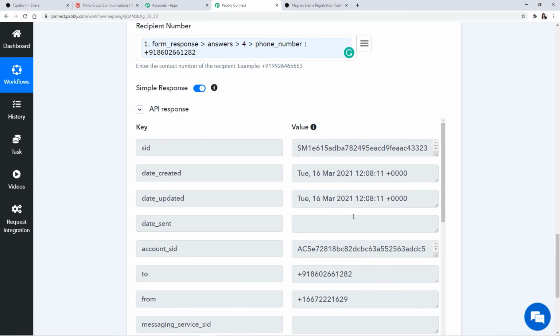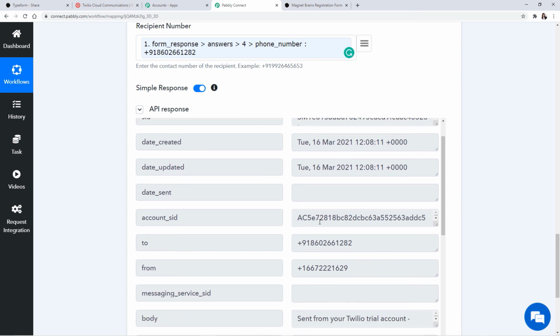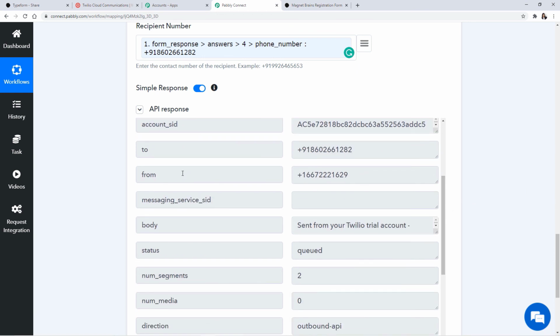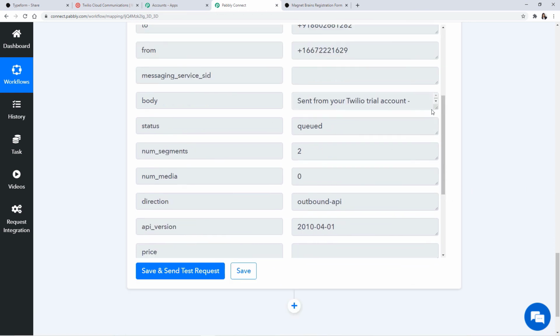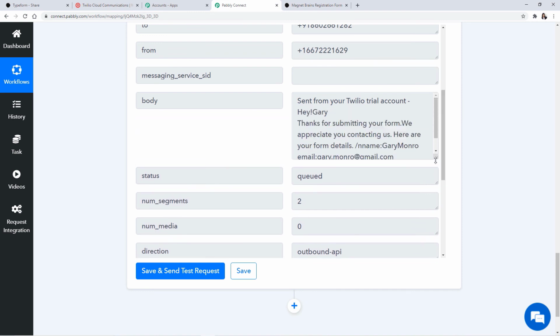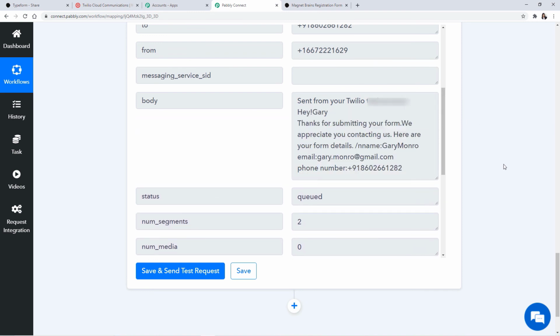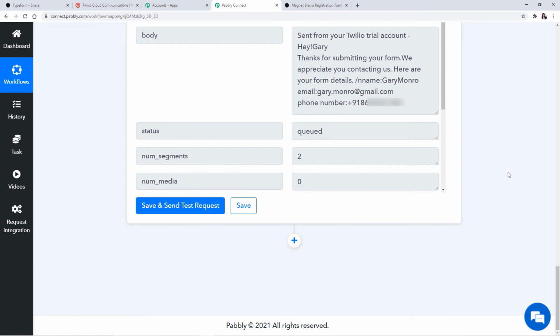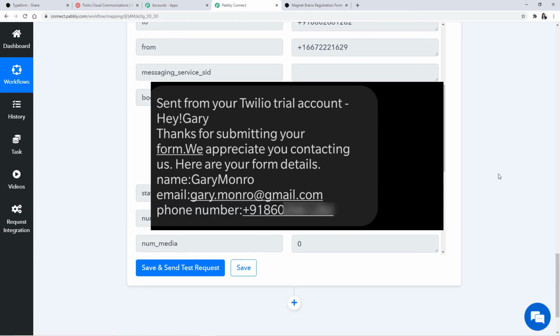So you can see the API response has been generated and the data has been captured by Twilio as well from Pabbly Connect. And let us see the details. So this is the number. Let me check the body as well. So we added the body as this. Okay. So let me check if I have received SMS body in this format or not. So yes, I have received the SMS and I can see all the details of the SMS, like I have mentioned the name, the last name, the email address and the number.